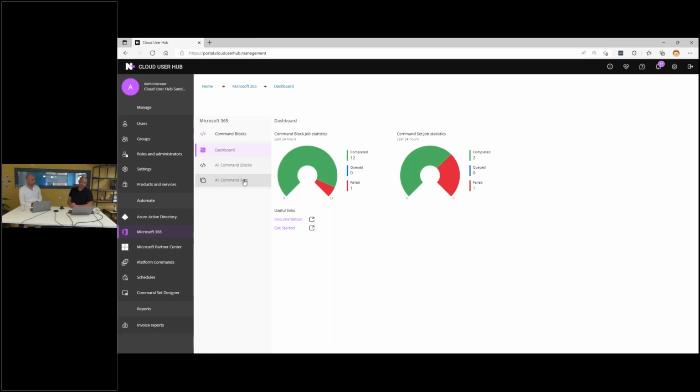Yeah, that's also one important aspect of the standardization options that we have in the product. We not only know which command block is executed for which customer, because of course multi-tenancy is in the product, but we also extend that audit trail into Graph. Normally, if you would do something with a service account, you would see service account A did something in the customer's tenant.